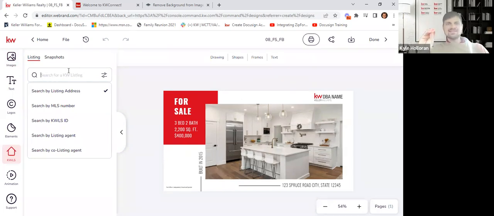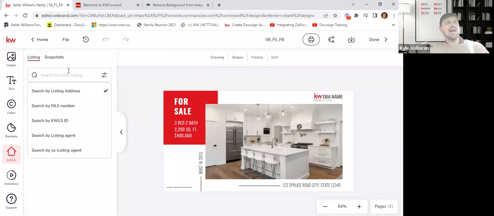Even if it's in the MLS and it's coming soon, the MLS typically is not syndicating that out yet until it goes active. You can always upload your photos right from your photographer, though. So this is like an easy button. This is not a stop-go thing.